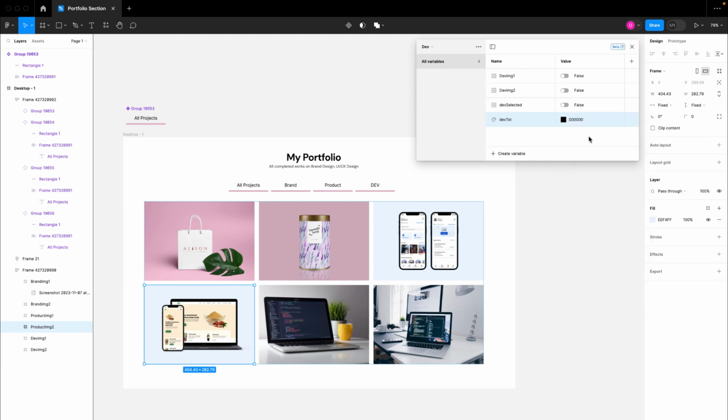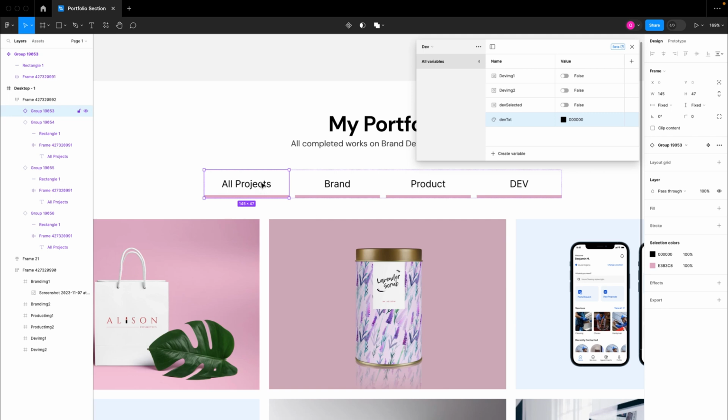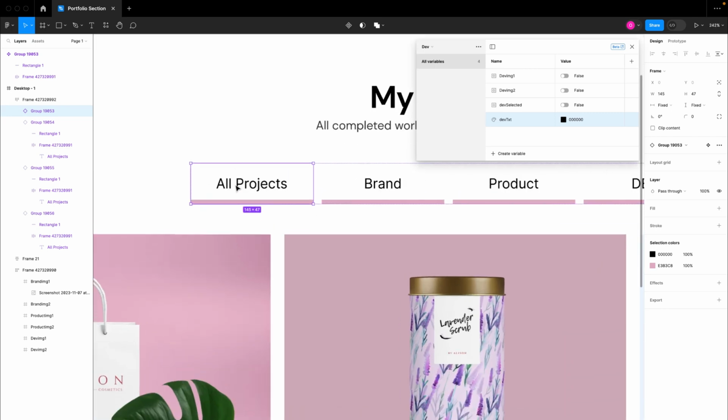So once we have this, we can go ahead and start prototyping with our variables. But we also want to have a selected state for this all projects, right? So this selected state and this particular active text variable, we want to have those for this all projects also, so that when the user clicks on all projects, it's also identified as selected and the text is highlighted in a different color. So we are going to create another